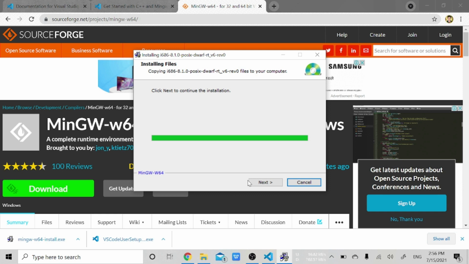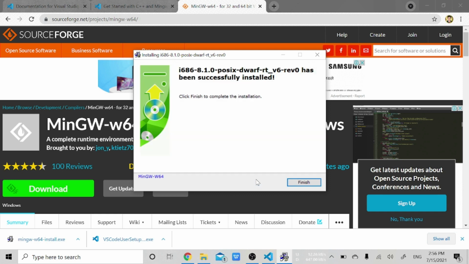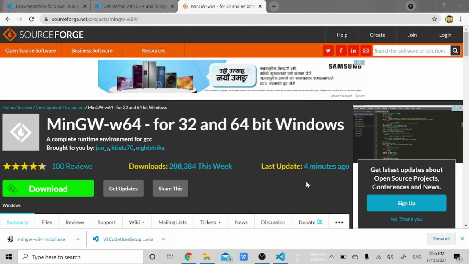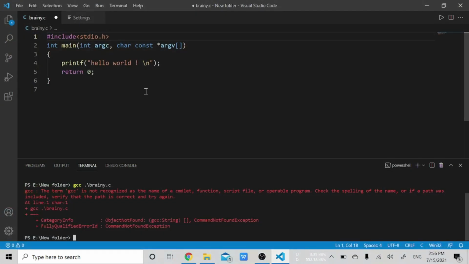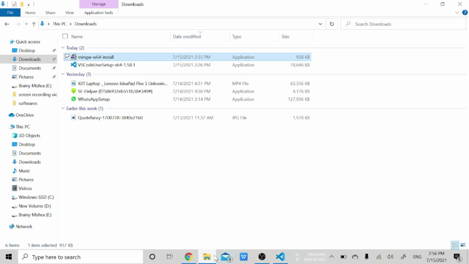So finally it has been installed, so we will click on next. Okay, then we will finish. For now, just keep in mind this .exe file. An .exe file is an executable file, that is, software, right? We are also creating software which will print hello world, right? So we need the exe file, and for this we have installed MinGW.